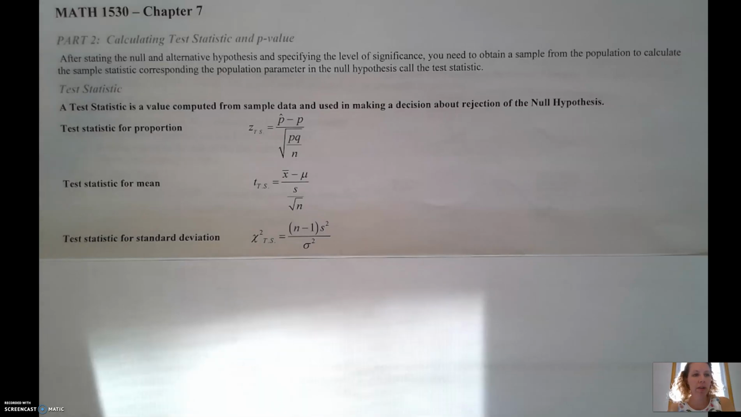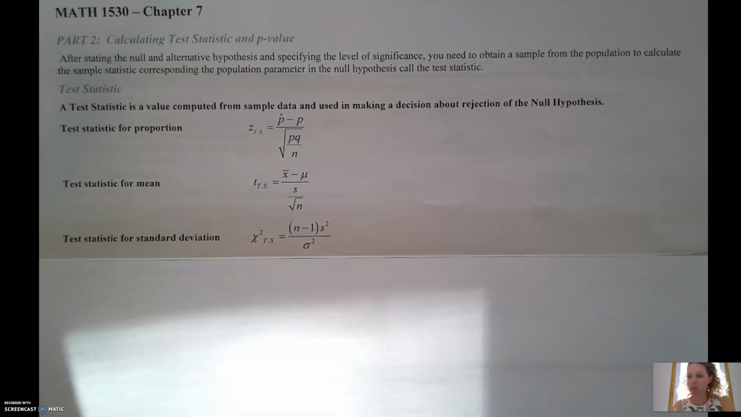Welcome to calculating the test statistic for a hypothesis test. A test statistic is a value computed from the sample data and used in making the decision about the rejection of the null hypothesis. The test statistic for proportion formula is the z-test statistic, and where it's going to be